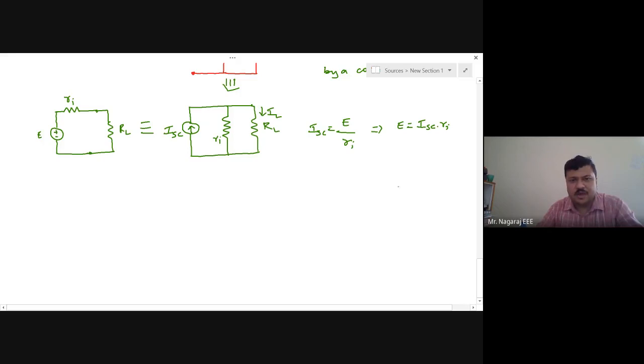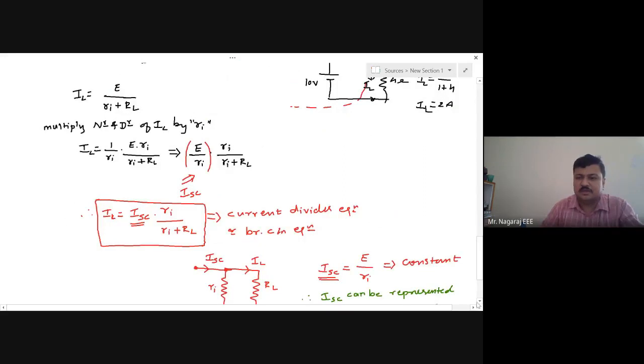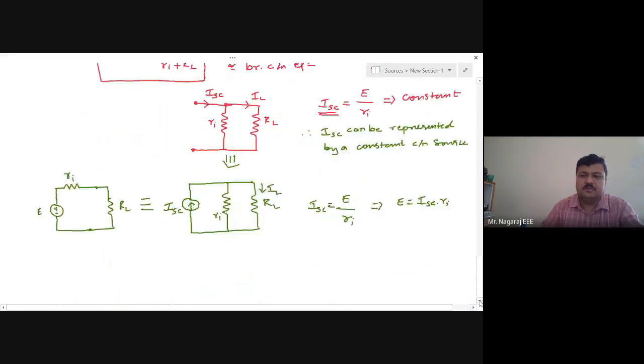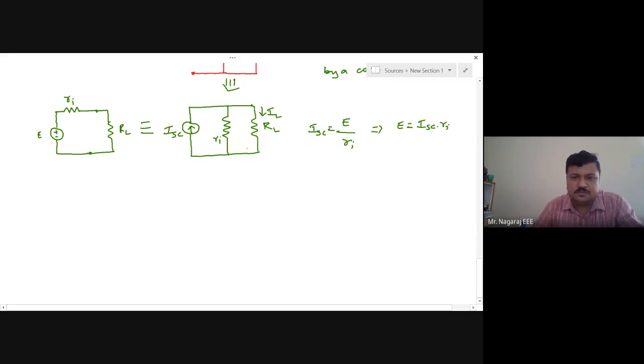Now what is the reason why the resistance comes in parallel to the current source? Because of this mathematical analysis. We have seen some analysis here and we are equating it, and we are taking the equivalent value. So this is the equivalent current source from a voltage source, or equivalent voltage source from a current source. Like the voltage source should not be kept under short circuit, can I keep the current source under short circuit? This is a practical current source.